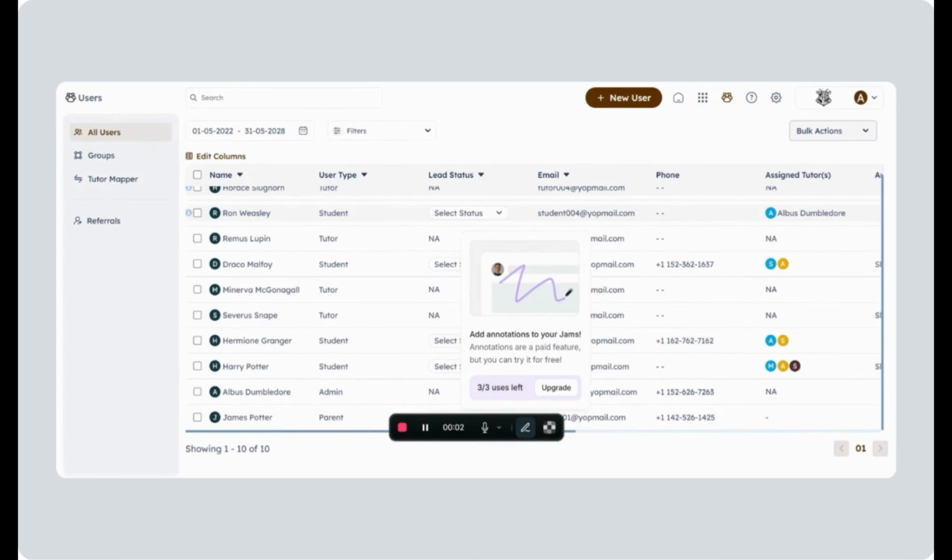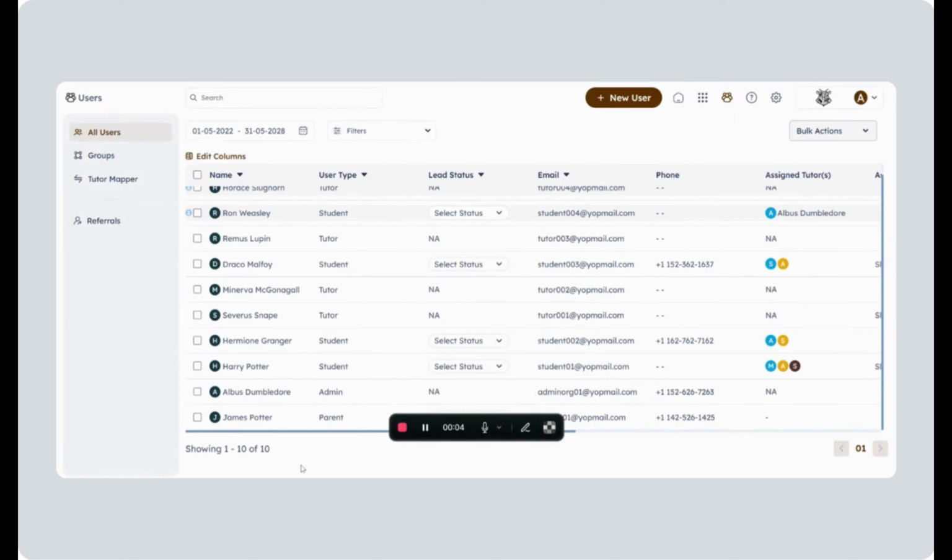In case the student doesn't have any parent details added to their profile, so when a student is signing up to the platform, when they're creating their account, they are asked to enter the details of the parent: the first name, last name, and email ID. So, in case the student hasn't entered any parent details during the sign up,